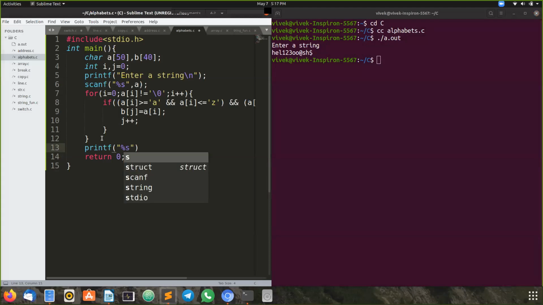I did not print the new string. So I'm writing printf for the new string, that is b.